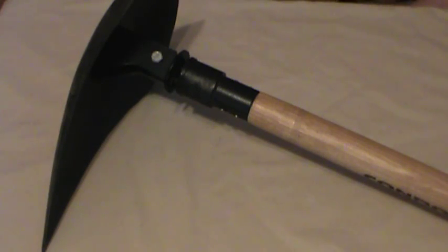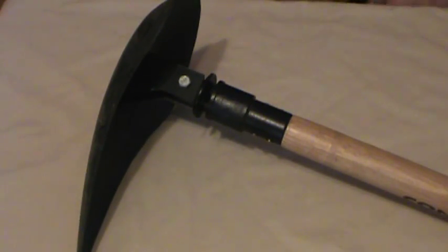MD Prepper here, doing a review of the Condor Claw Folding Shovel by Condor Tool and Knife out of El Salvador. First, let me say this isn't exactly a folding shovel, that's what it's called. This is more of a pick slash hoe multi-tool sort of item that I found to be quite useful this weekend. I picked this up back in the winter time from an order I had from Knife Center, about $22,